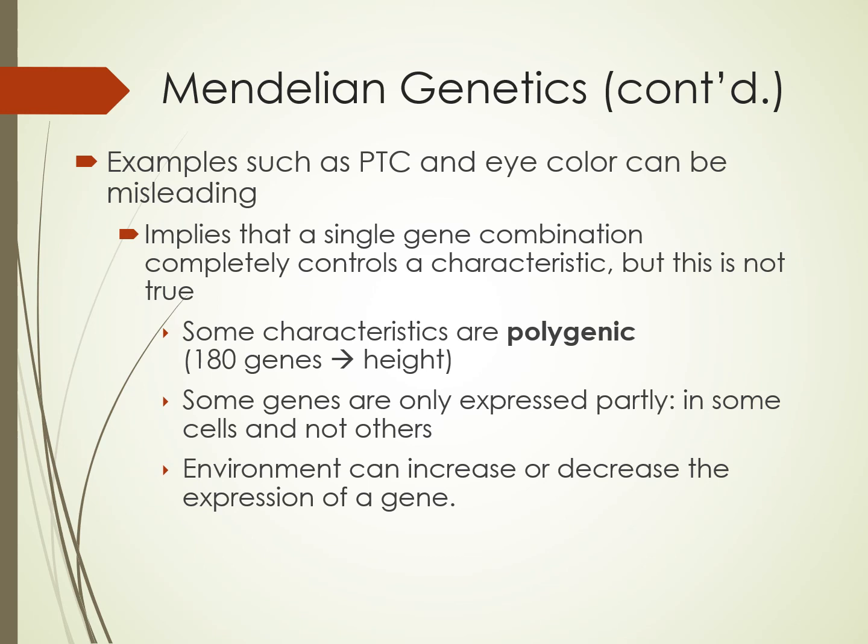Examples like PTC and eye color can be misleading, and I've already said even those dominant-recessive, it's a bit more complicated than that. But these are genes that are a single gene combination, so sometimes we talk about other things as well. So PTC tasting, eye color, which is really more intermediate, but is a single pair of genes. There's sickle cell anemia, hemophilia. There are a couple other disorders that I sometimes end up talking about, depending on the example from the textbook, to keep it as simple as possible.